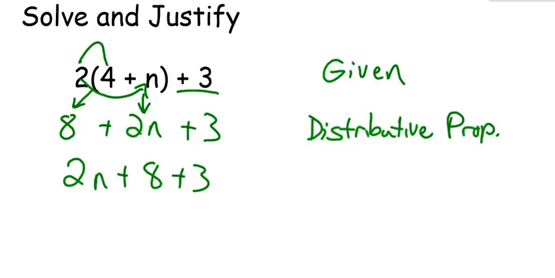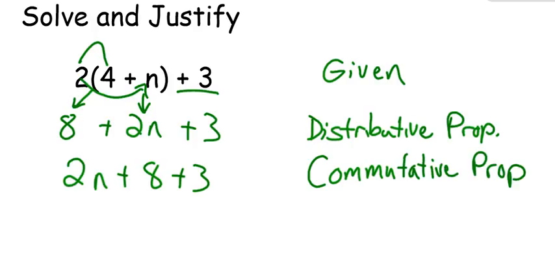All right, hopefully as you're seeing this, you're noticing that we're doing what's called the commutative property. Commutative property says I can rearrange addition and multiplication problems in any order that works. And so this would technically be the commutative property of addition because it is an addition problem for the most part with the addition signs here. So the next step,